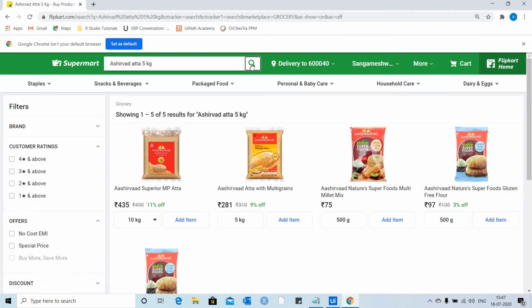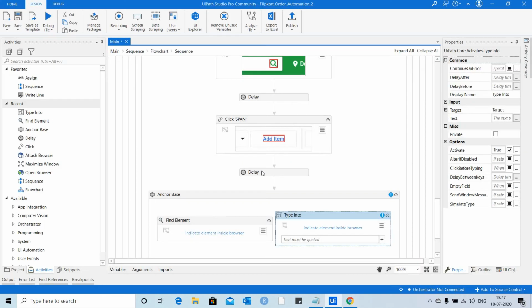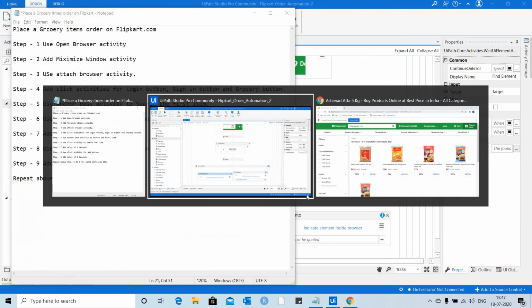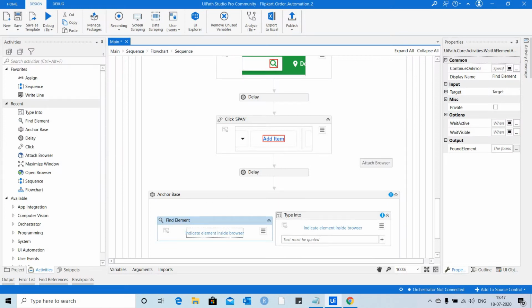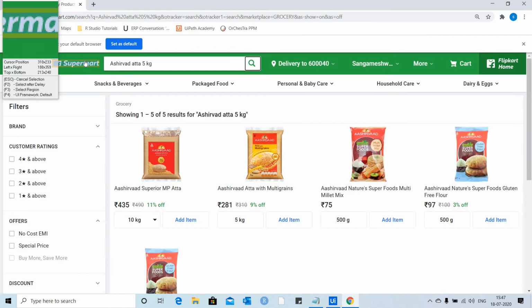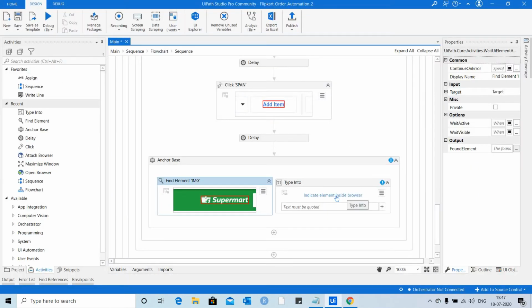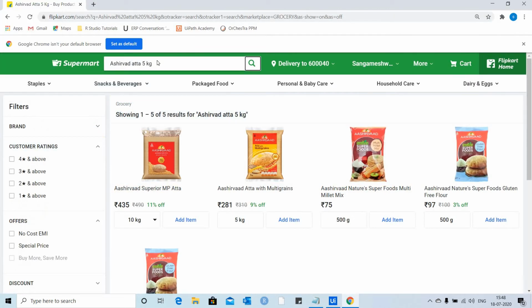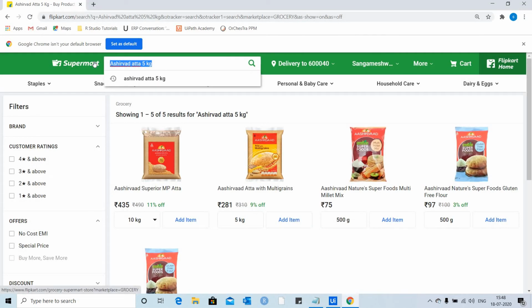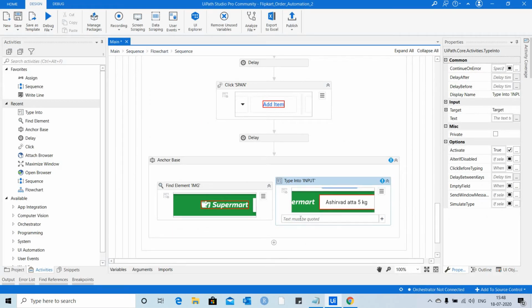For that, let's go back here. So let me indicate this Supermart logo here and then for type into, let me indicate this search box here and inside the type into text portion I am going to write Ashirwad Atta 5 kg.